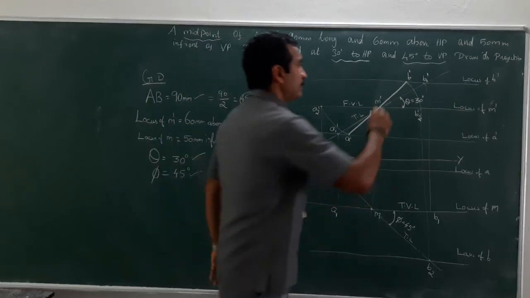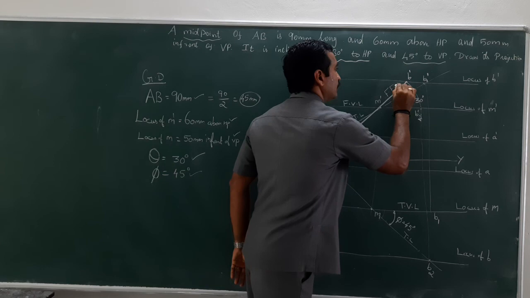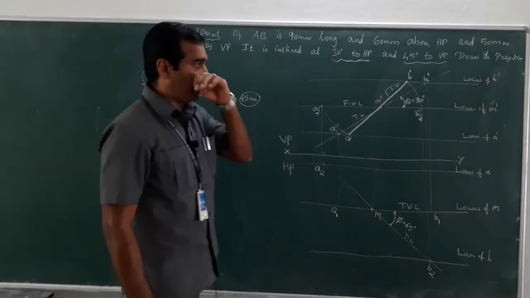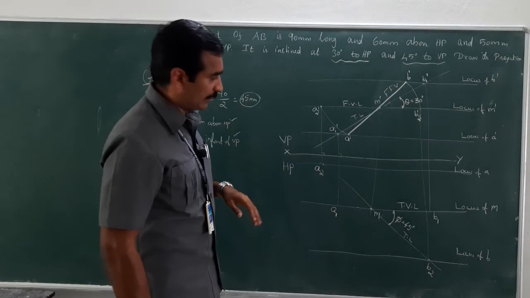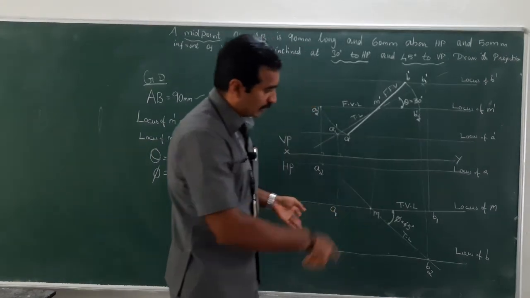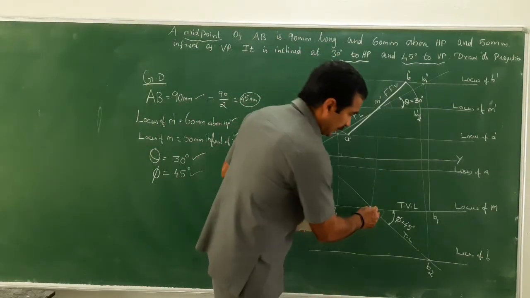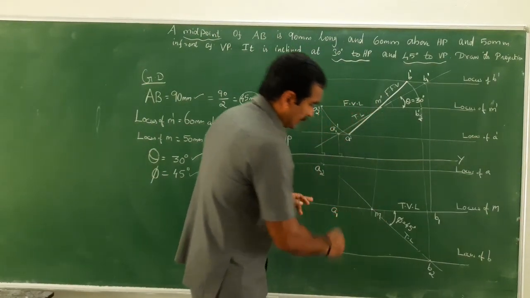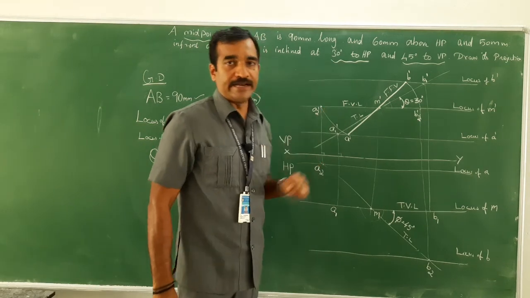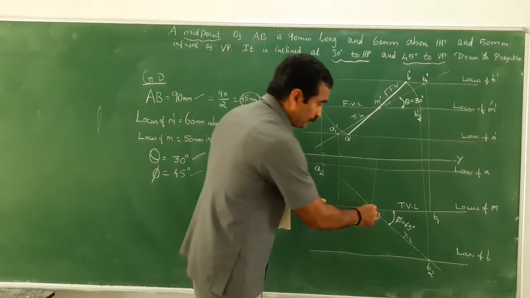So this is nothing but the final front view. F of B is nothing but the final front view. Right. Now let's do the rotating line method in the top view. So now take M to A1 as radius, this distance as radius, and M as